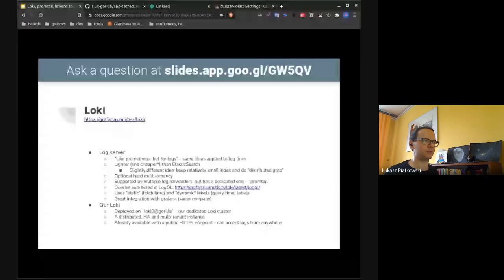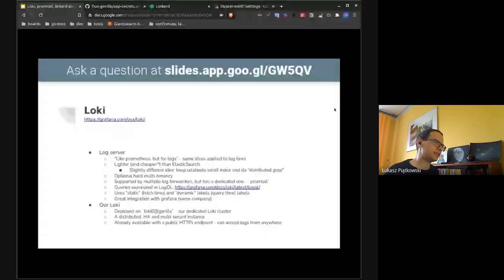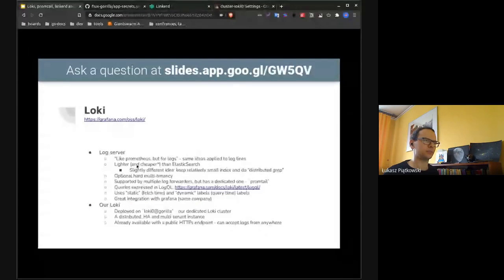So the third application that we have prepared is Loki. It's a log aggregation and storage server that uses the baseline of being like Prometheus but for logs. This is really essential also from the technical point of view, because it is basically the same ideas of labels and operations on labels that you can do, just applied not to metric values, but to log lines. So it is lighter and presumably should be also cheaper than Elasticsearch, even much cheaper, because it is using a slightly